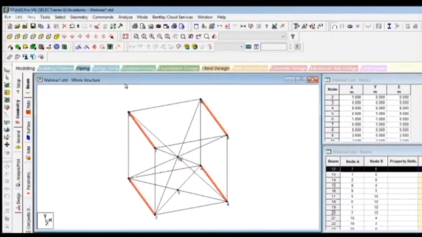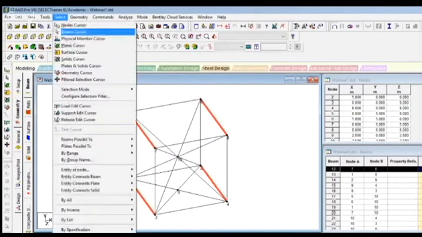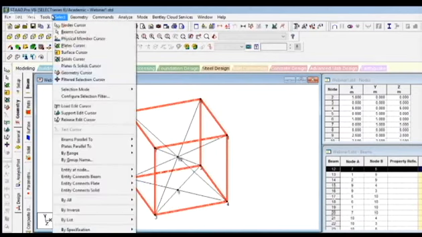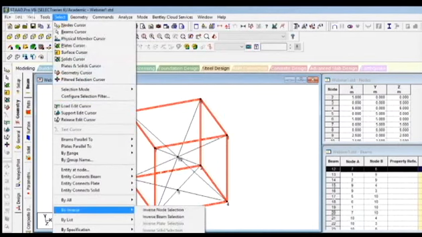Now we will select all the beams which are parallel to x, y, and z-axis. Since we have already selected beams parallel to z-axis, we will go to beams parallel to x-axis, select beams parallel to y-axis. So by doing these things, we have selected all the outer edge beams of the cube. Now we'll go and see something called inverse selection. Select. There is something called inverse. Since we have selected the edge beams and we want all the diagonal beams, go to inverse beam selection.